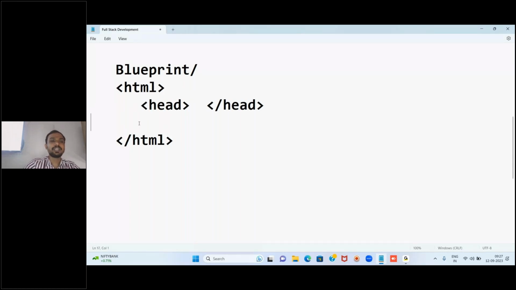The head tag will not have your actual content, like images or paragraphs. Those are written in the body tag. So all the visible content is written inside the body tag. What we write in the head tag is the title, for one example, and some meta information. Meta information means